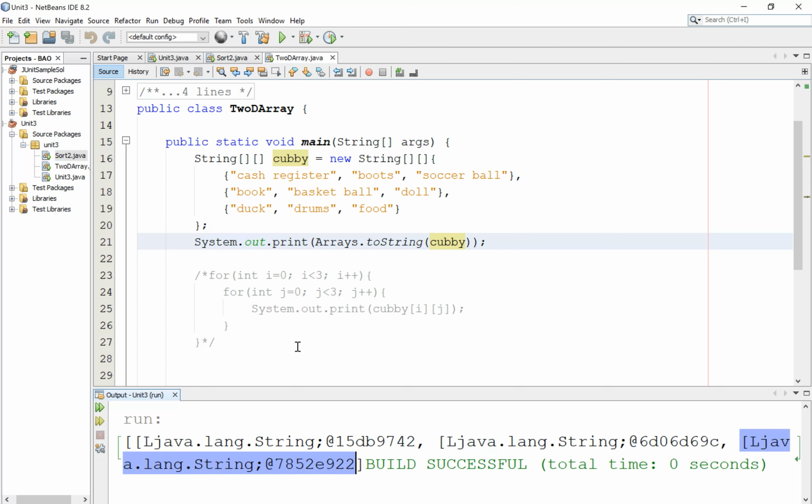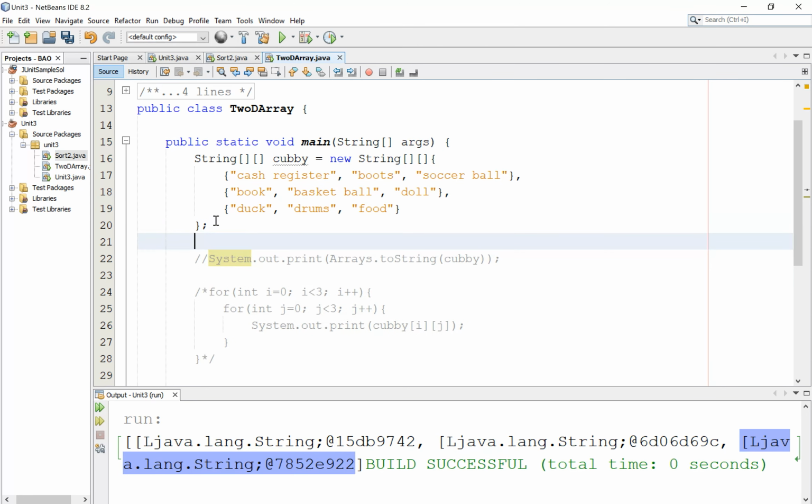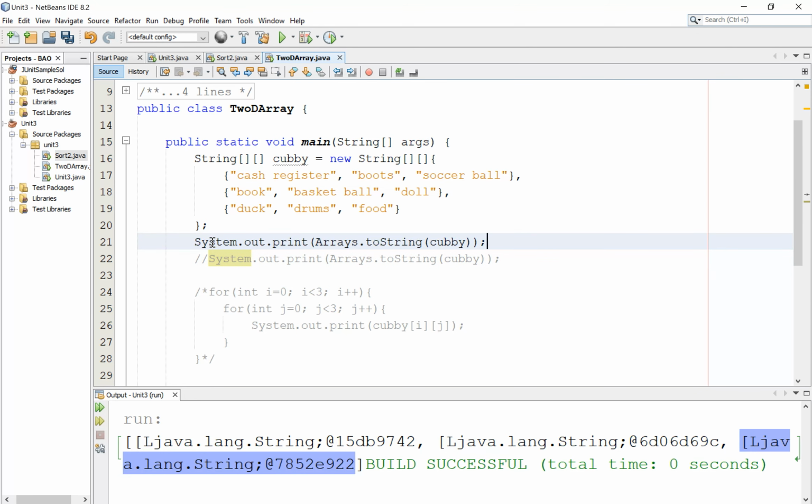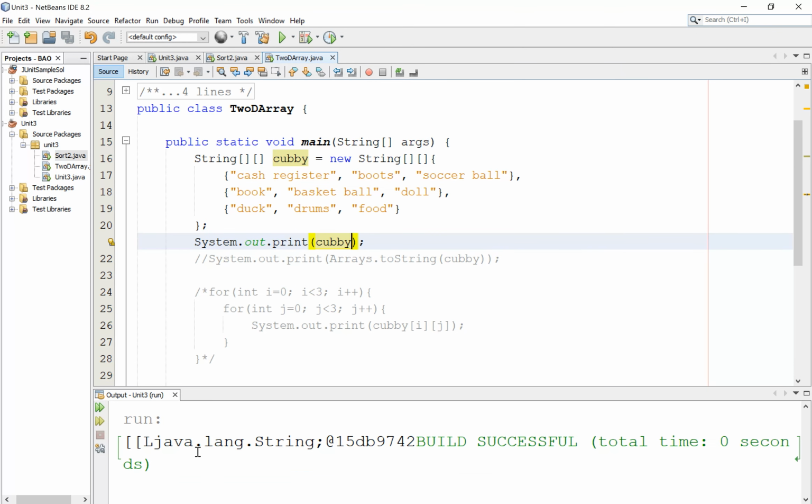This looks very, very similar to what happens if I just take my array and put the name of the array straight into a print statement. It gives me an address. What it's doing is it's just printing out the location where the cubby array is stored. And when I tried to